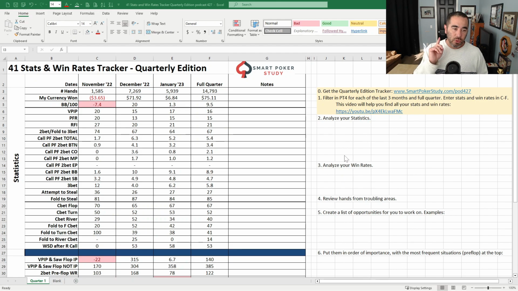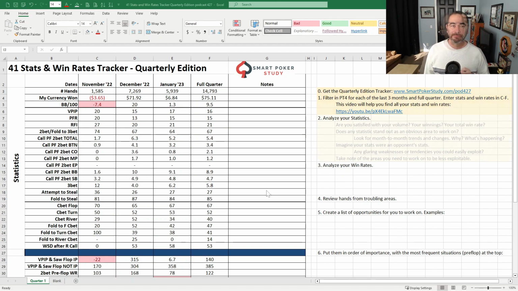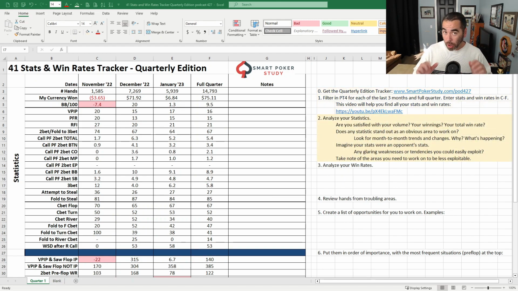But if you don't know how to find these numbers in Poker Tracker 4 for yourself, there's a link in the description down below to a video where I show you exactly within Poker Tracker 4 how to get all of these numbers. Piece of cake, pause the video, go there, fill out the form, and then come back to this one. All right, so now that you've found all of your numbers, we're going to start by analyzing your